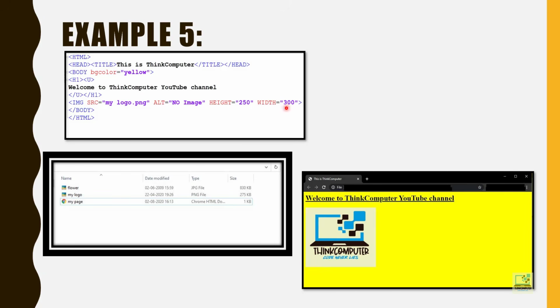Height and width I have specified. Remember, whenever you are writing the values of the attributes, use double quotes. Sometimes it happens that you have opened the double quote and you have not closed it. In that case, the attribute will not work. Also, it is important to give spaces between the attributes. So if you have written more than one attribute, you have to give spaces. Also, there should be a space between the tag name and the attribute. So the output of this HTML program is like this. In my browser, you can see the image is displayed, which is the logo of my channel.